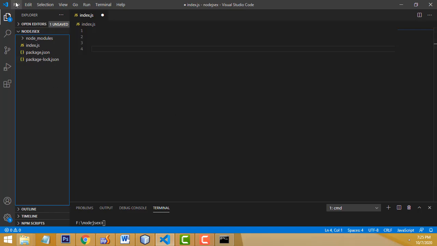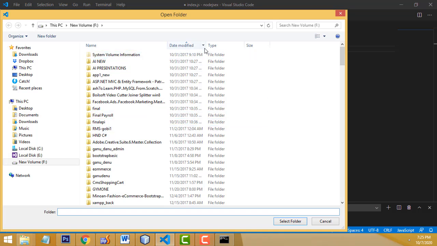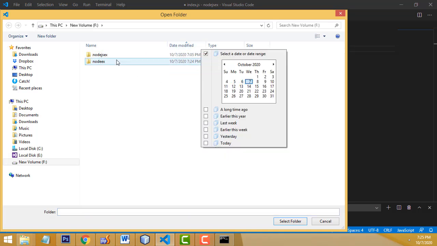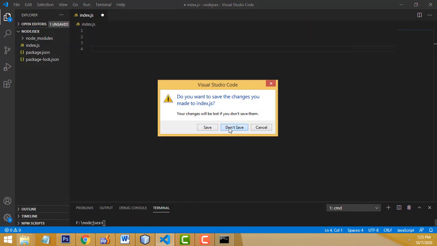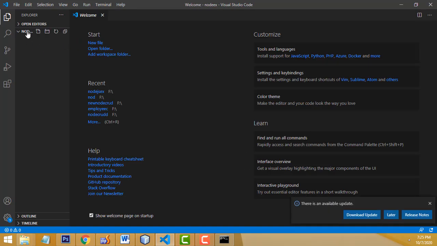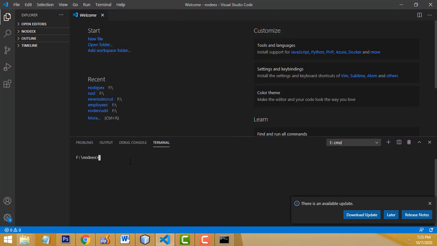Now go to File, Open Folder. This is your folder node ex. Select folder. Now go to the terminal, New Terminal. Your new terminal has been opened successfully.